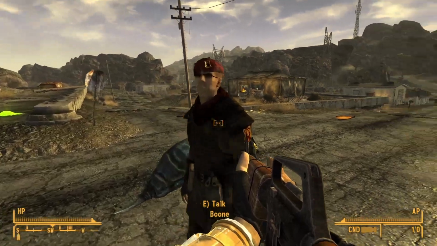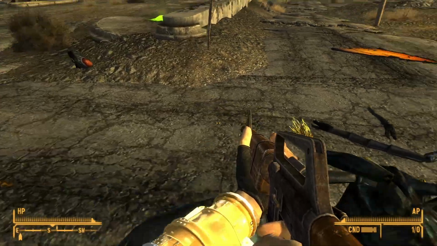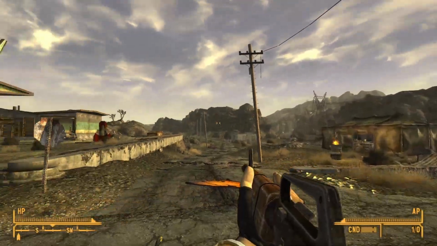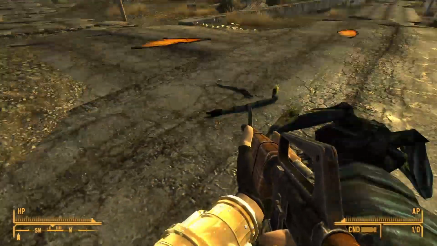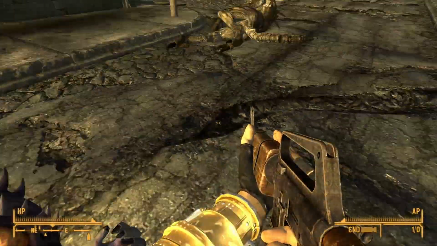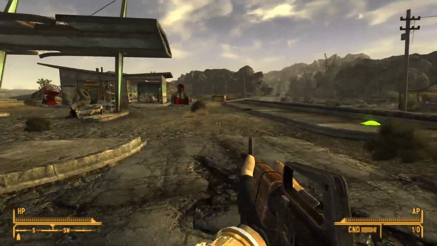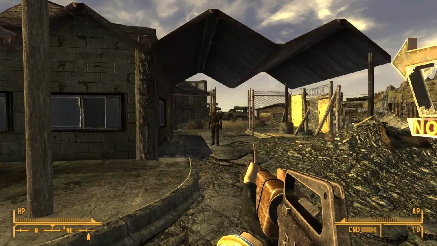Yeah, no, Boone. It was right here in Novak. We got done hunting all these legendary creatures, and they all came at the same time to attack us here in Novak. You got the Cazador, the Bloatfly, the Fire Gecko, the Deathclaw. There was even a Night Stalker here somewhere, but